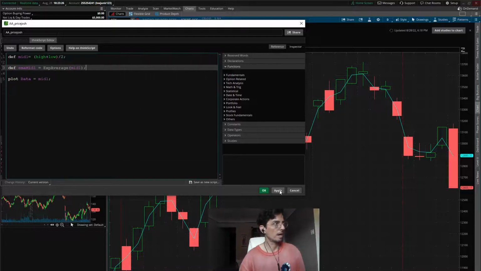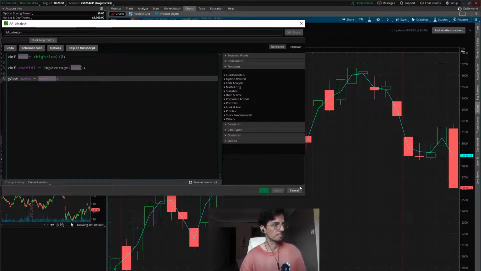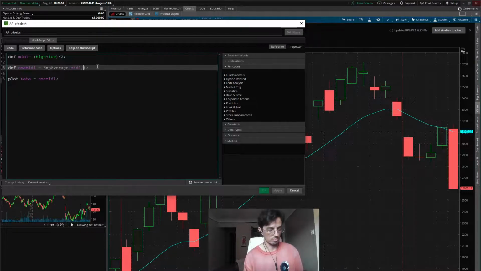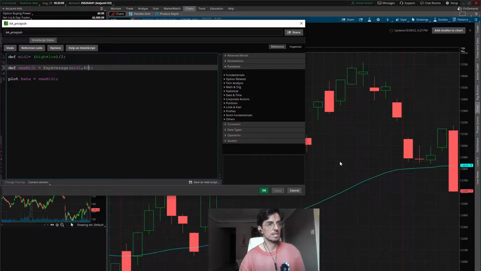So I'll hit apply, and nothing changed because this is a variable, and I didn't use that in my final plot data. I just plotted this again. So I got to move this variable down to here. Now we've got our moving average, and it catches up just kind of like when we were looking at the 20-day moving average. It catches up to it. It goes below it. If we want to change this to 40, it's gonna change it a little bit.